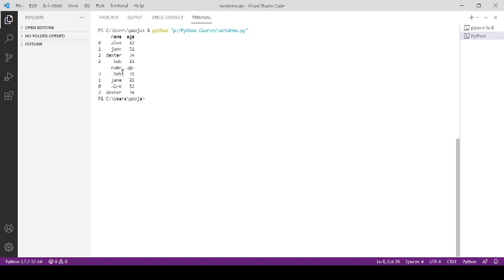So first Bob and then Zen, right? And then this Alex and Dexter. So based on this age column data has been sorted, and when it encountered the same age value, it looks at the name and sorts data based on name, right? So here you can see this output.